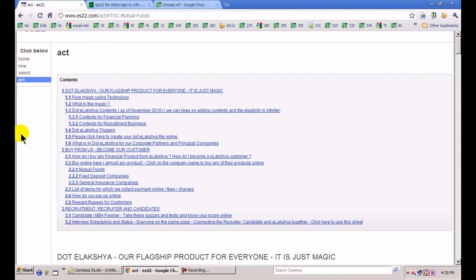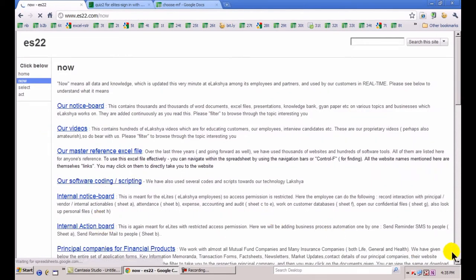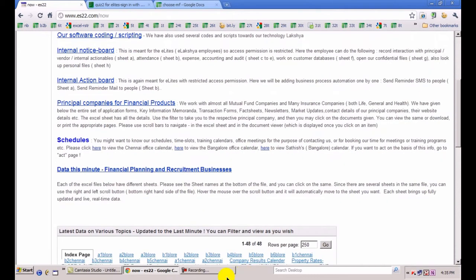Again, repeating, and I'm sorry for repeating it, every internal activity of ours at Elixir also happens through our website, through this internal notice board section which I mentioned, which means that we have an ERP solution. We maintain customer databases.